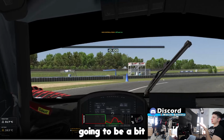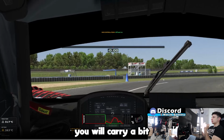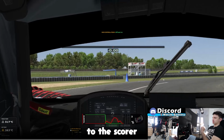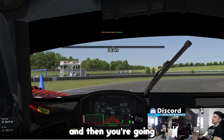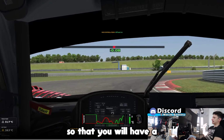Just because if you're gonna be a bit more on the outside, meaning just a bit more on the left part of the white line, you will carry more speed. You have to carry more speed to arrive to that part. So your benchmark into this corner in terms of corner speed is if you are able to go just slightly past this white line, and then you're gonna modulate the power so that you will have a late